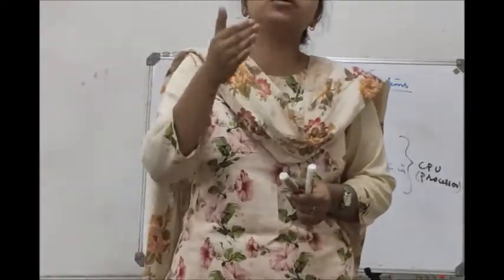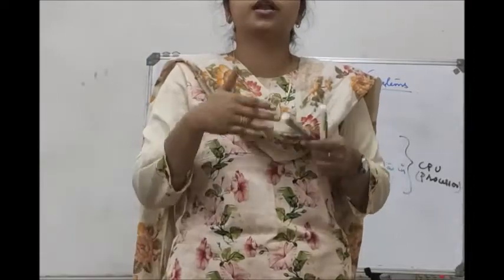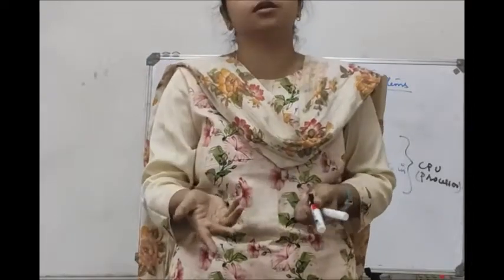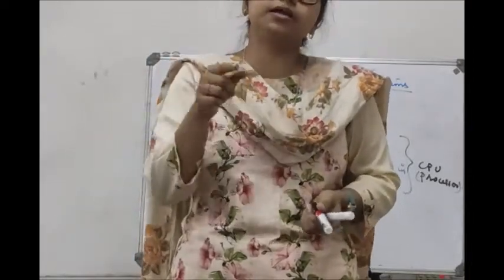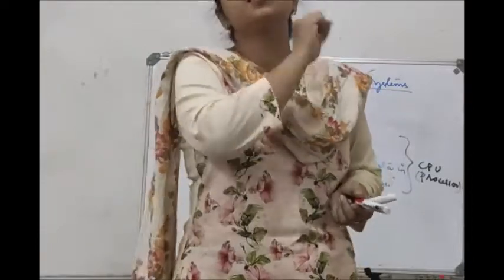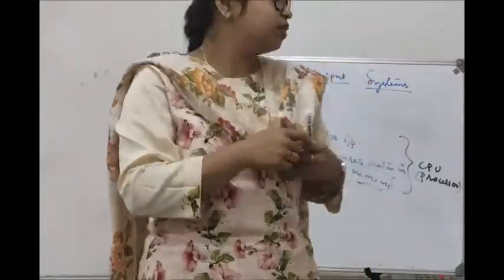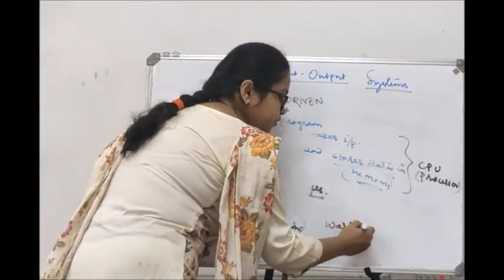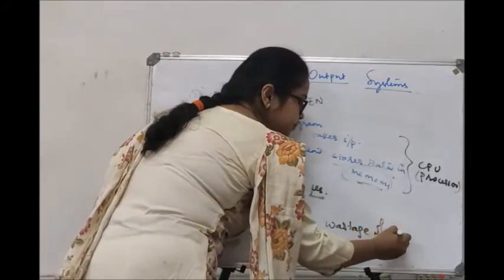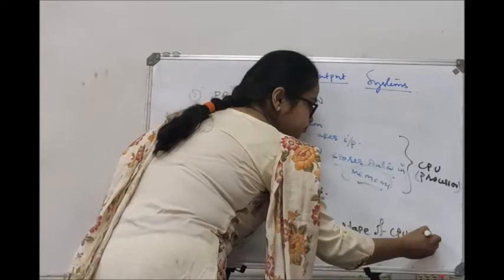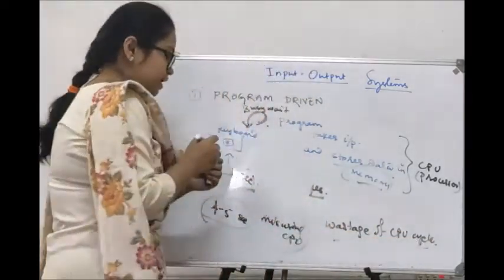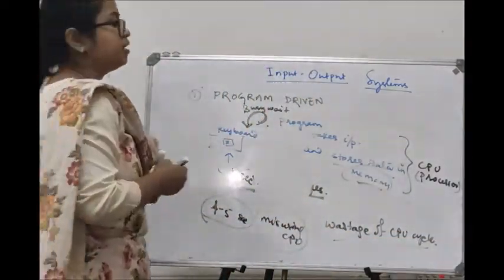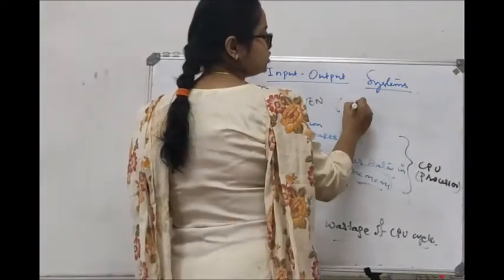Here, CPU time is getting wasted on running that program, waiting for the user. That program will continuously run until and unless the user gives the input. So there is a wastage of CPU cycles. That's why program driven is very inefficient